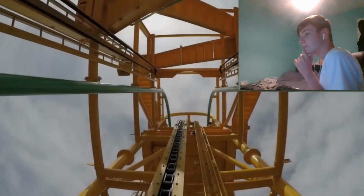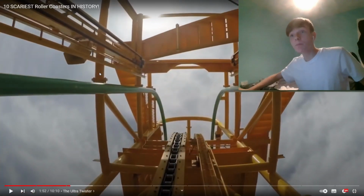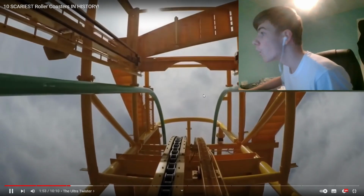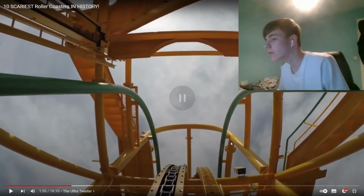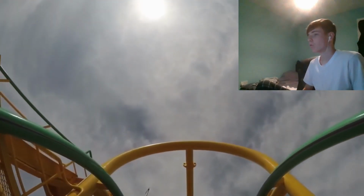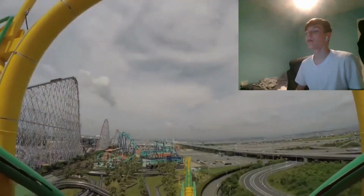Number 8. The Ultra Twister is a coaster from Spa Land in Nagashima, Japan. Are they above the clouds right now? If you ride it, be prepared to get dizzy. This coaster goes backwards and forwards through a chain of never-ending spins. The ride moves at a total of 44 miles per hour and only lasts around a minute and 20 seconds. But in that time, riders are flung through 3 complete inversions,